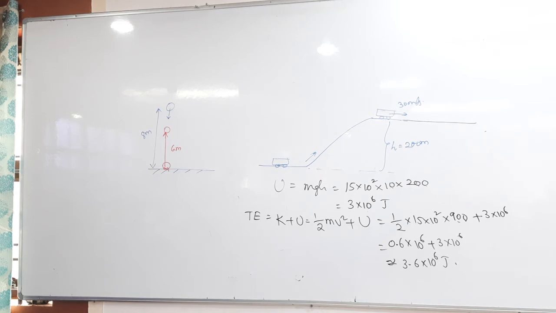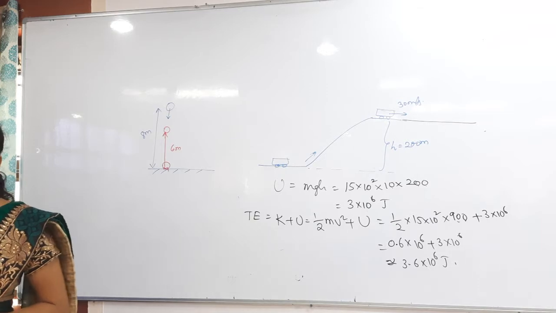You understand the question? First of all, it hit the ground from what height? They are saying 8 meters, and after that it is rising to how much height again? 6 meters. Why is it rising to only 6 meters? Nothing but the velocity is lost. Velocity is gone. So what is the fractional change in the kinetic energy they are asking.